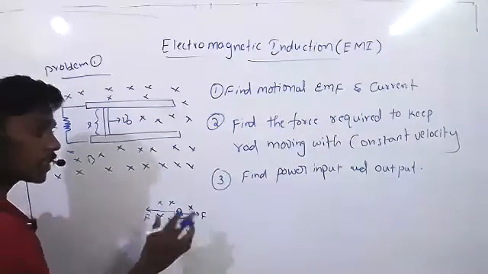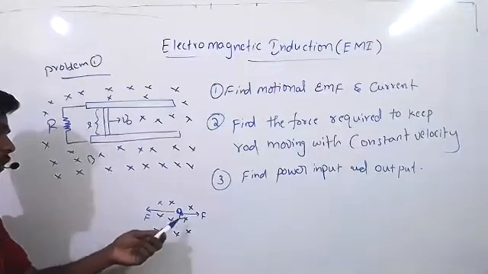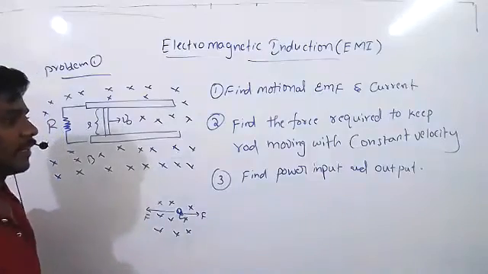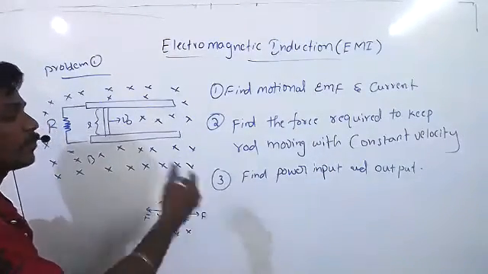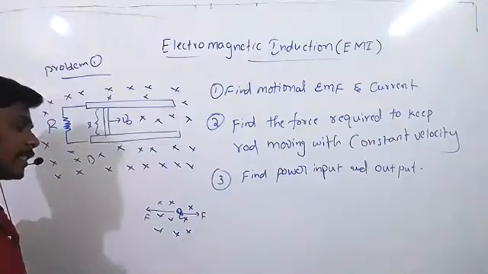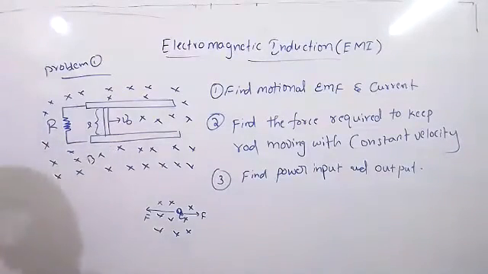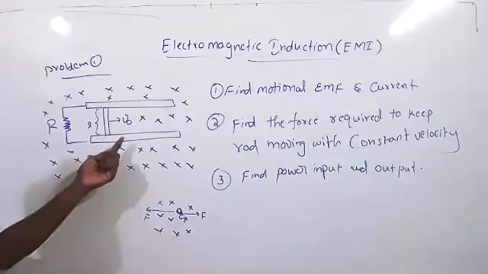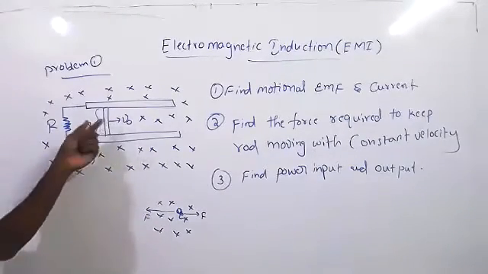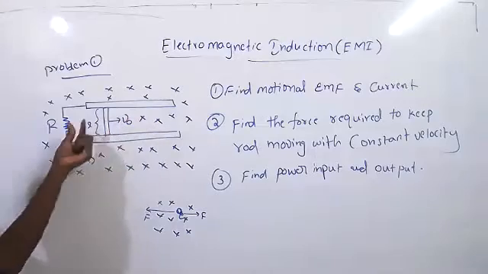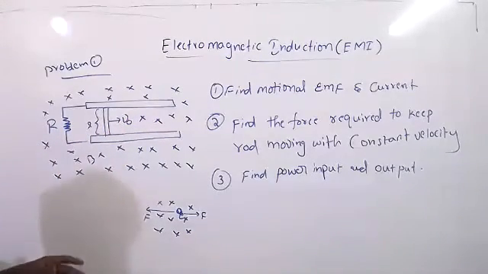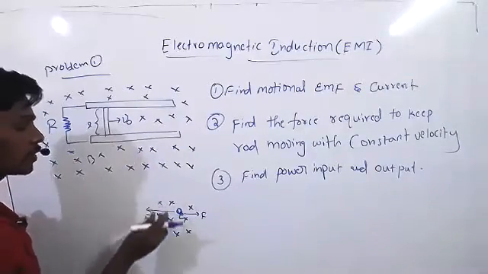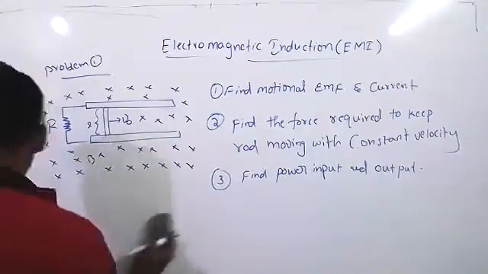Then if the two forces are balanced with each other, don't say that the charge is at rest. We can say it is at rest, or it is moving with uniform velocity also, we can say that. So now the rod is moving in this direction. That is the external force we have to apply. If the magnetic force is acting, then we have to apply an external force in the opposite direction. If the two forces are balanced with each other, the body moves with uniform velocity. So let's see.